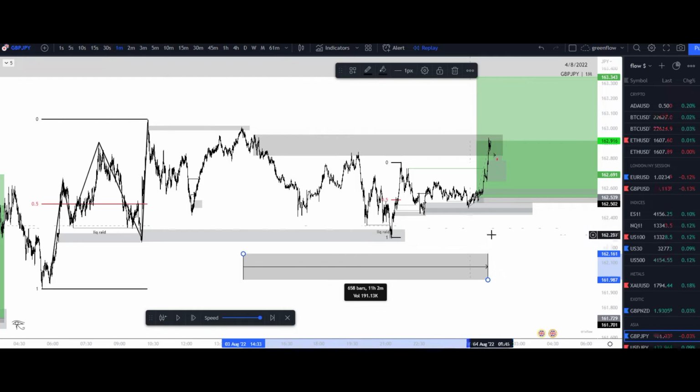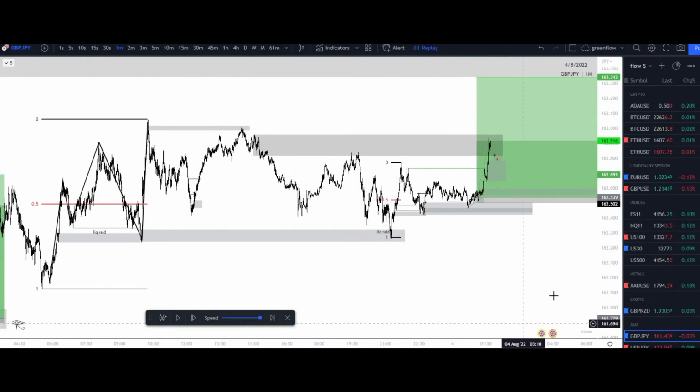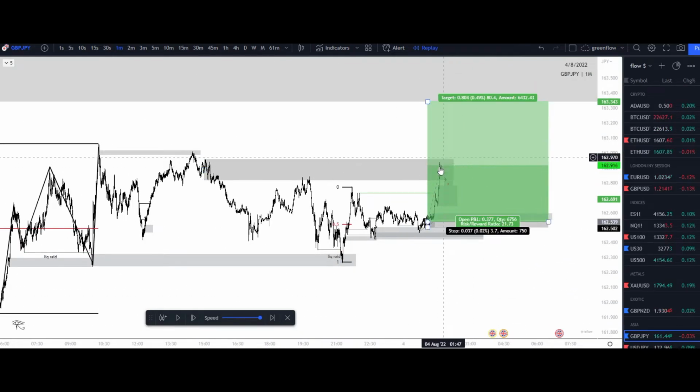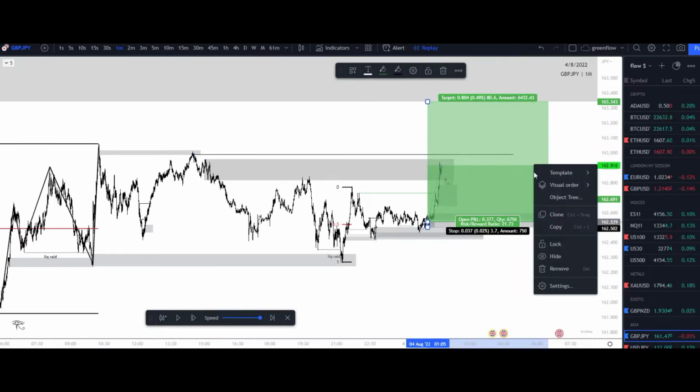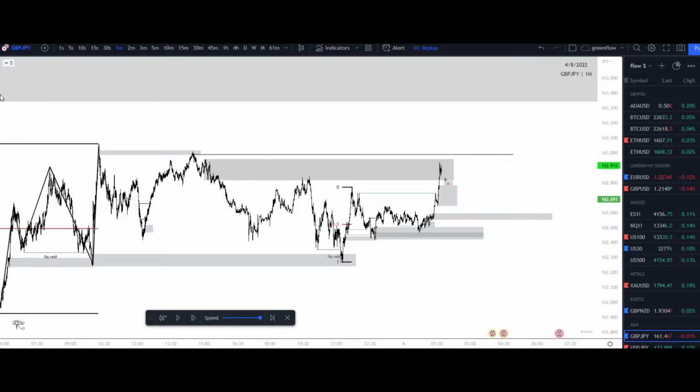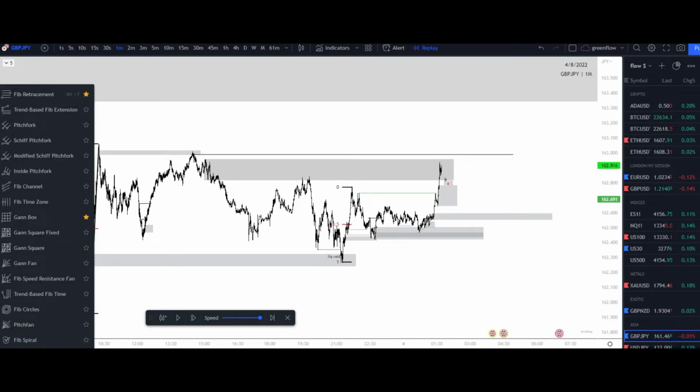And now they're like, oh, it's wrong, right? I'm out of my bias. It's breaking out. And then this is where they start buying, right? This is where they start getting in those breakout trades, right? Because they have their levels in place, right? They're like, this level's right here. If it goes over that, let's just go ahead and take this away real quick and draw a long position.